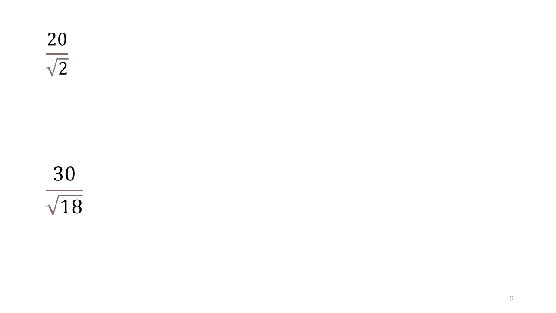We're going to learn how to rationalize a surd. If you look at the two examples we have on the screen, look at the first one, 20 over square root 2. Observe that the denominator is a surd. So rationalizing a surd means we're going to make the denominator a non-surd. So recall that